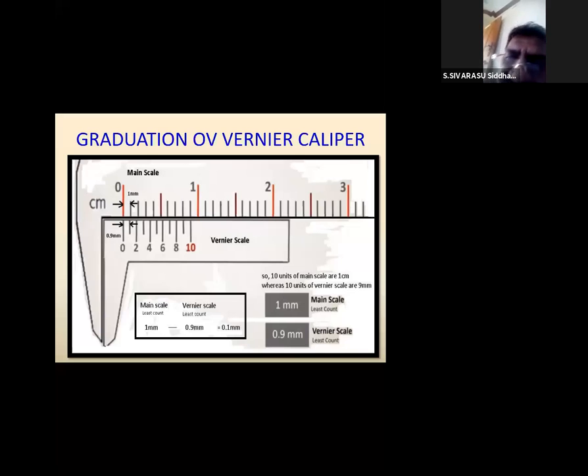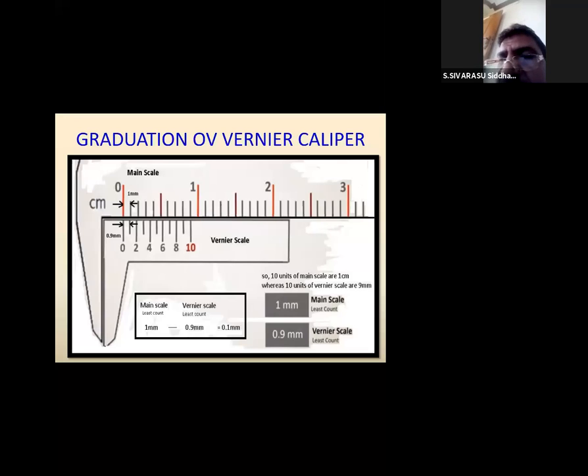Now the first basic Vernier caliper, sorry, there is a typing error in the graduation. Please excuse the typing error. Okay, in the olden days the first beginning Vernier caliper had 0.1 mm accuracy. Later the technology was upgraded, and based on the upgradation instruments with different accuracies were invented. Even now the industry has developed up to 1 micron accuracy.